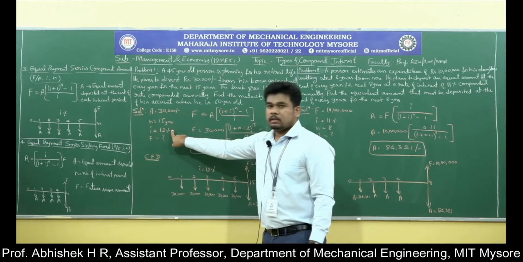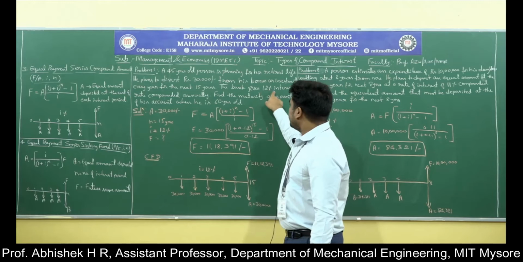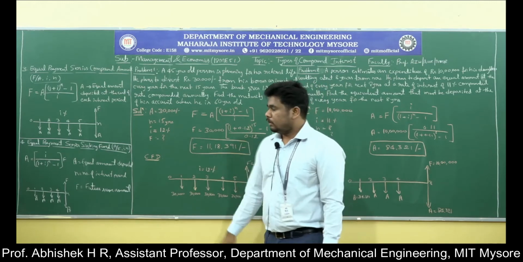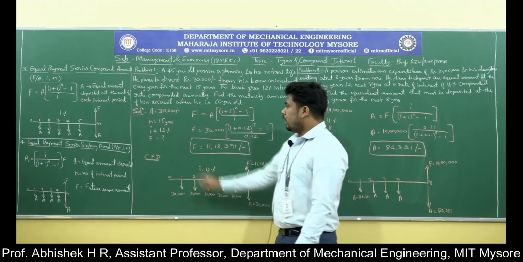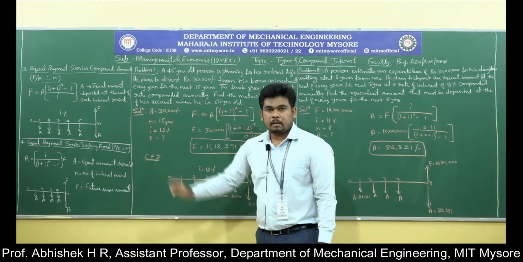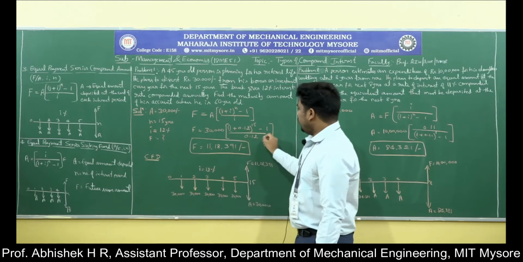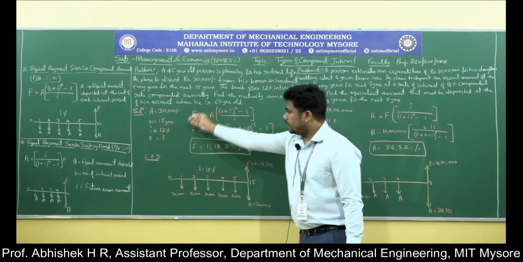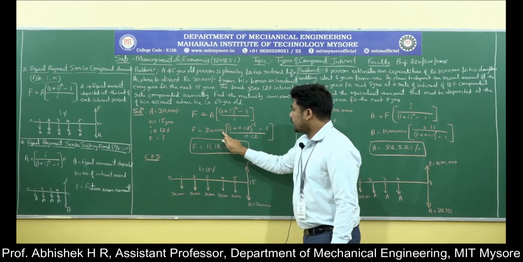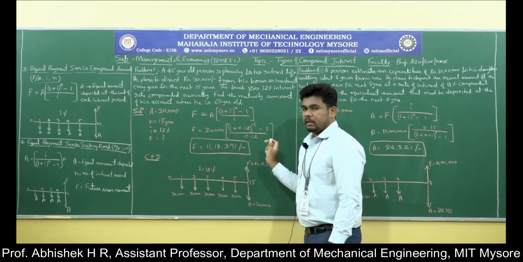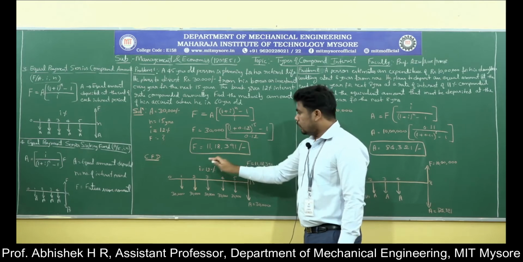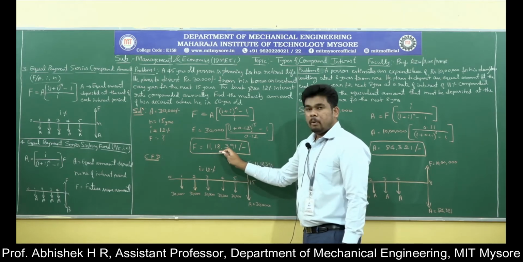The time duration is small n, that is 15. And the rate of interest, the bank will give 12%. So that is 0.12. 12% means 0.12. Now we have to find the future sum of amount. So now just apply these values: in place of A 30,000, in place of I 0.12, in place of small n 15. If you simplify this, you will get the future sum of amount as